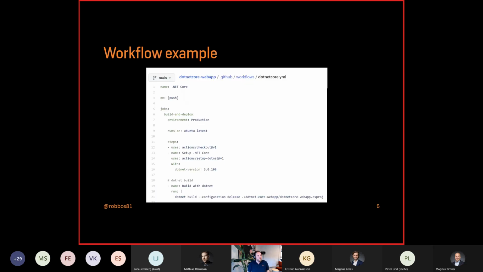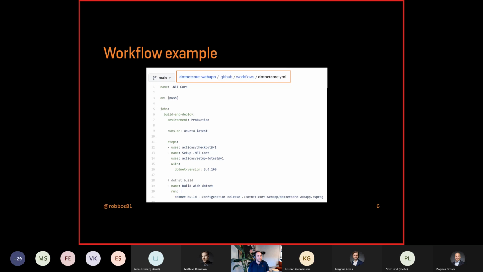In the basics, we have a workflow example here. A workflow is a specific text file that you need to store in .github/workflows. Don't store it in /workflow, singular, because you will be scratching your head for 15 minutes why it isn't being picked up and why the workflow isn't being triggered. Ask me how I know, of course.